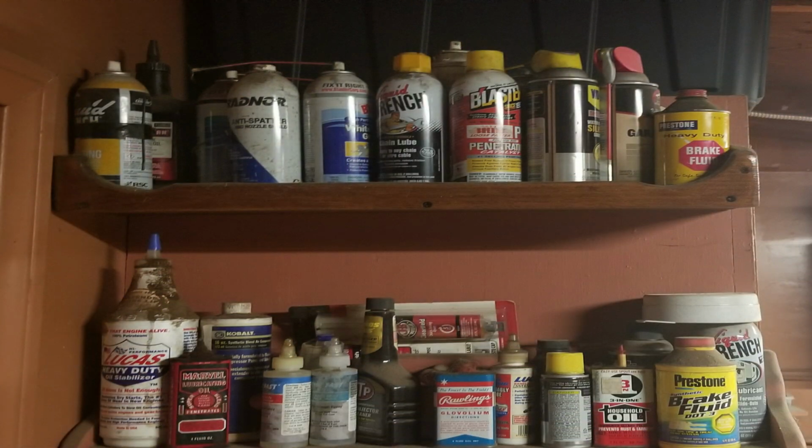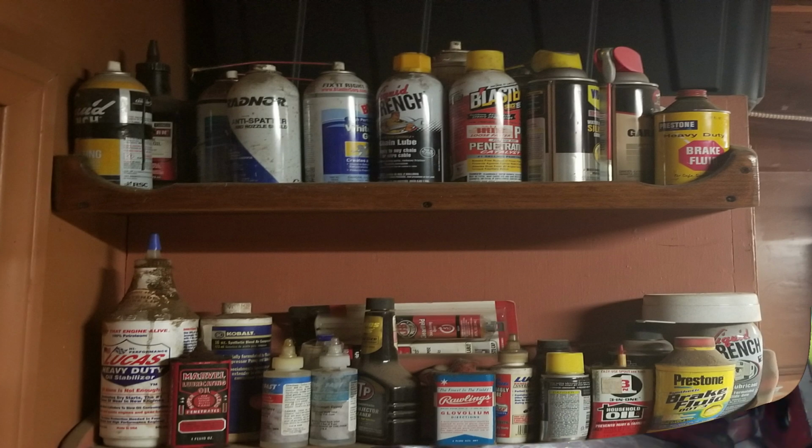Let me show you a picture of something real quick, of fluids that I happen to have in my shop. Okay, of these fluids, what do I favor the most? Well, I like the CRC Brakleen, and Harbor Freight sells it. They sell it at a good price. So does Amazon. Let me show you both of the advertisements here,